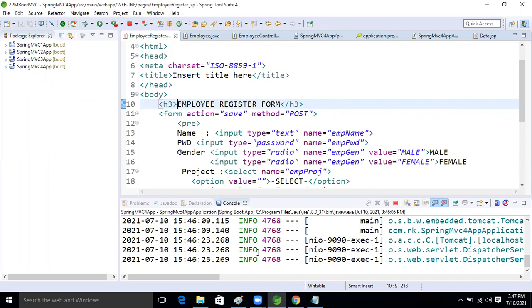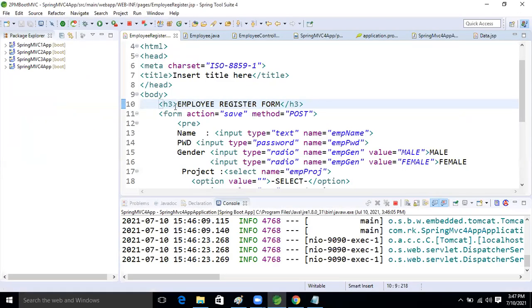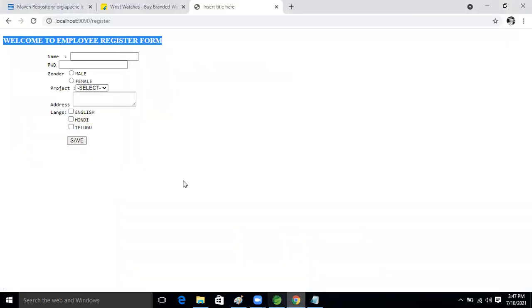So for that, why are we using the dev tool? It is used only in the developer environment. The dev tool avoids a server restart for small code changes also, guys. Here we changed just a small piece of code, but we are not able to get the reflection on the browser now, guys.